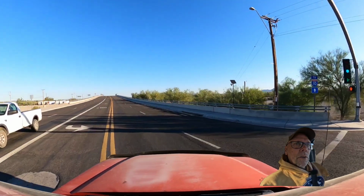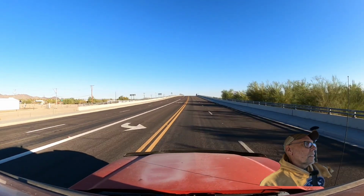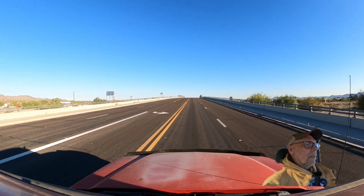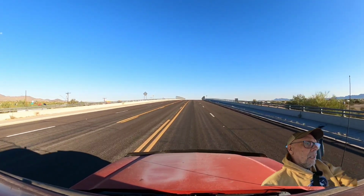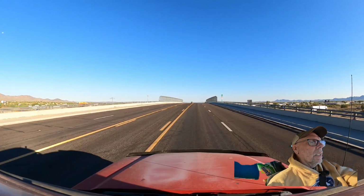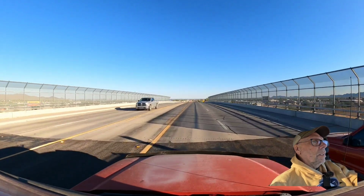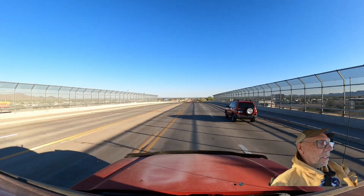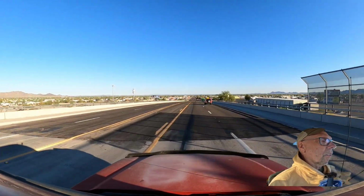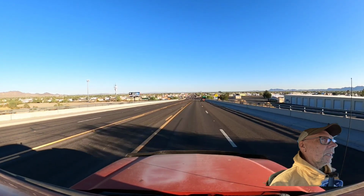And here we go, going over I-10. And for your information, we're on State Highway 95. We came in from the south. La Posa South is down that way, so La Posa North, East, and West there. Or, excuse me, La Posa West and Tyson Wash. All right, coming up to